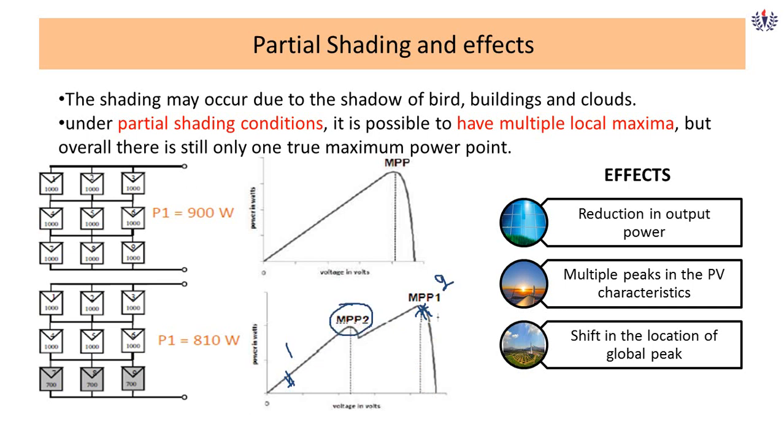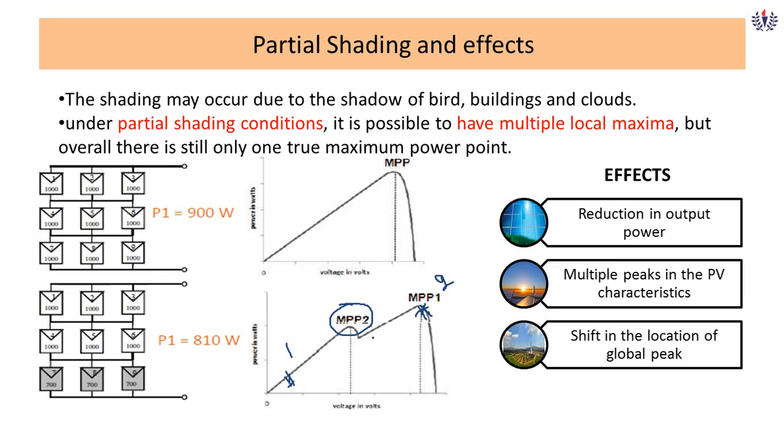You will not arrive at MPP1 because that is a maximum power. But your interest is to always operate it at MPP1. Why? Because that is your global maximum. So our interest is always to make your MPP algorithm operate at MPP1, but unfortunately we got stuck in MPP2. This is the point I left you as a hint in the last class. By using perturb and observe, hill climbing, or incremental conductance, we are able to achieve it.